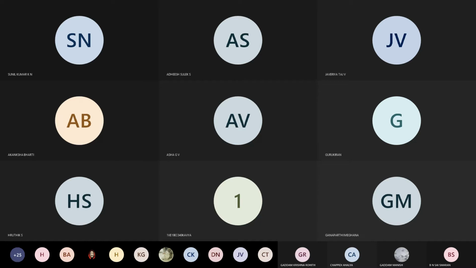So if I get the output voltage like this, the voltage expression is given by this. You're going to get the sum of the input voltages VA plus VB plus VC, along with the gain expression for each one: RF divided by RA, RF divided by RB, RF divided by RC. Suppose RA is equal to RF, then you'll be getting VA itself.